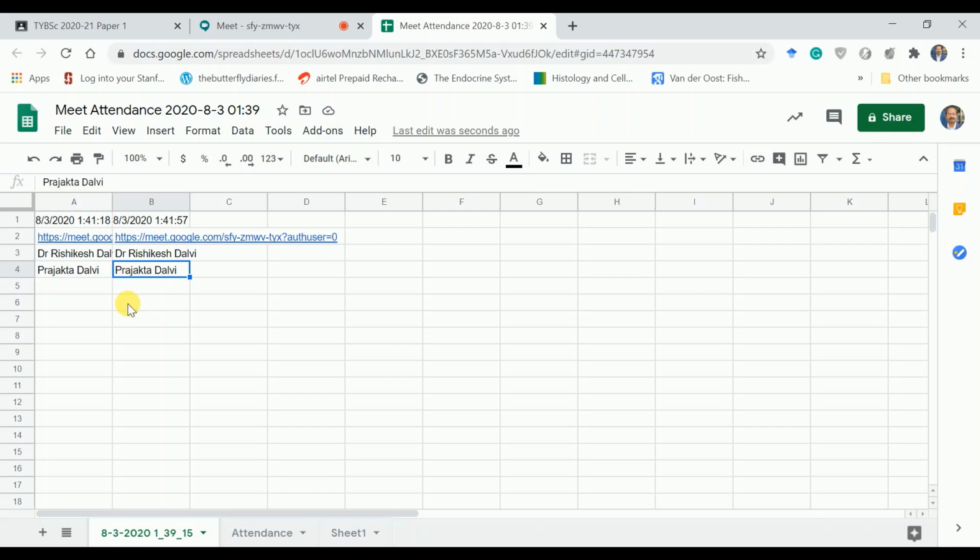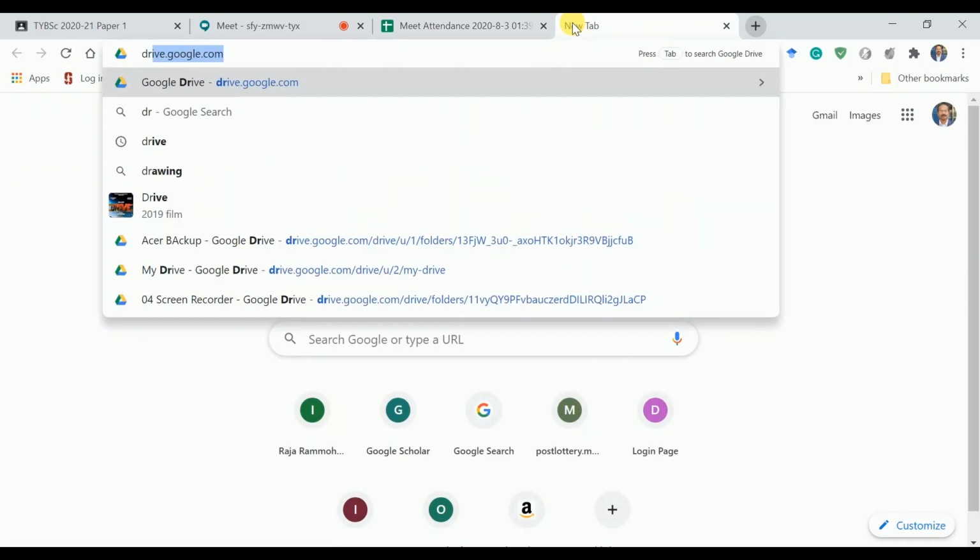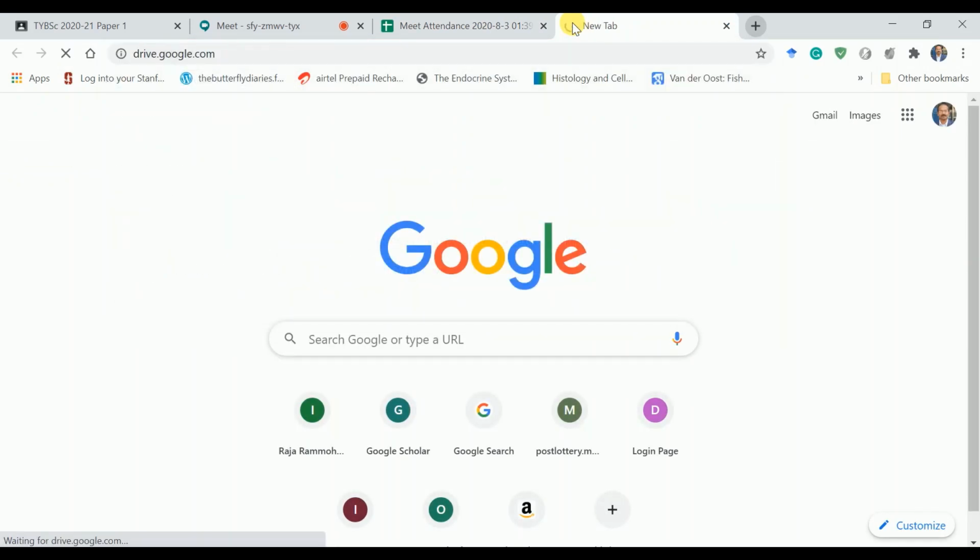This sheet will show you the date, the time when this attendance was taken, the link to the meeting, and the name of the participants in the meeting. So this attendance sheet is directly saved in your Google Drive. So to see the attendance, you open a new tab, type drive.google.com,